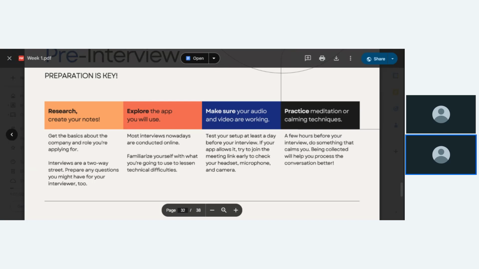Zoom is a very common one. Just in case whatever they are using is not something you're familiar with, my advice would be to take time to first download it if you do not have it. If you are using your system, which I would expect you to, you want to as well use the web version of it and see how it works for you. So all of that is part of your preparation.